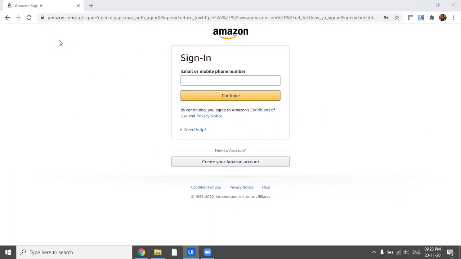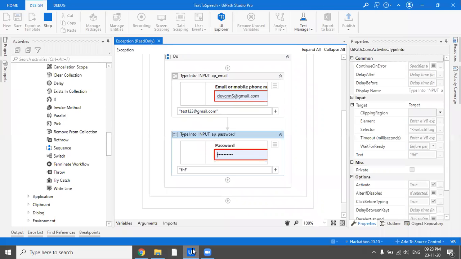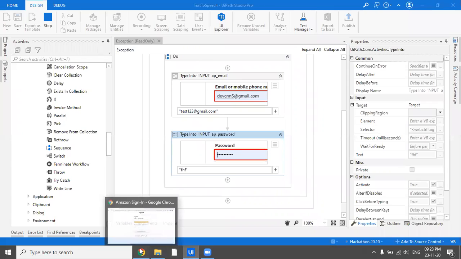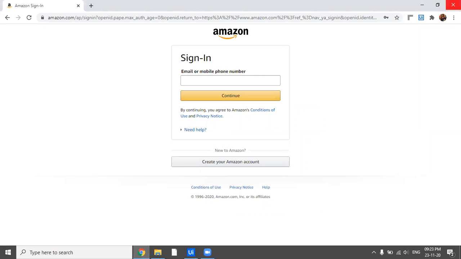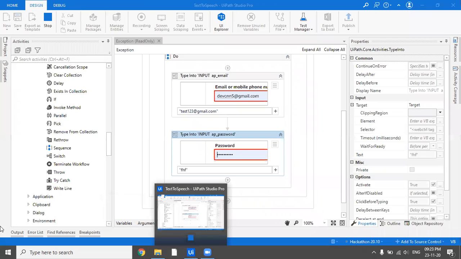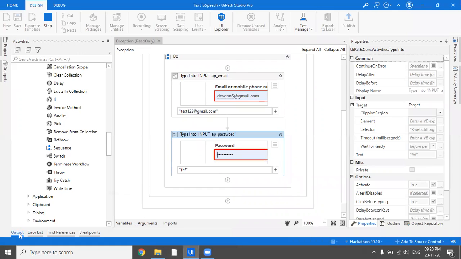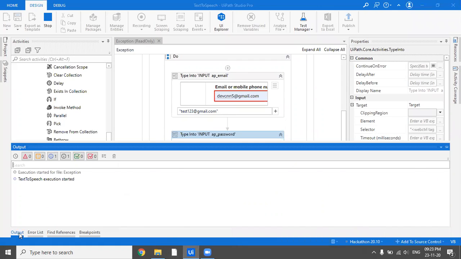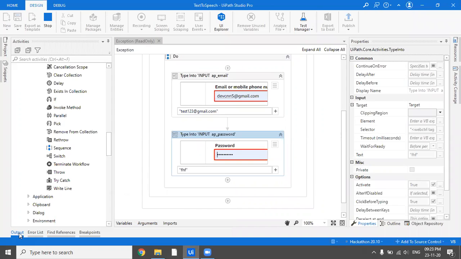That's the error we'll be seeing, and that's because we haven't handled the exception well in our process. Once we handle it well, we won't see that error anymore. So let's wait for the project to run so that we can see that error, and then also see how to handle it.